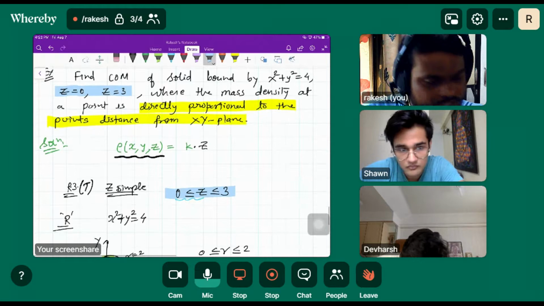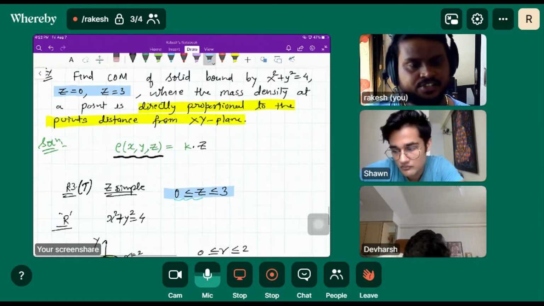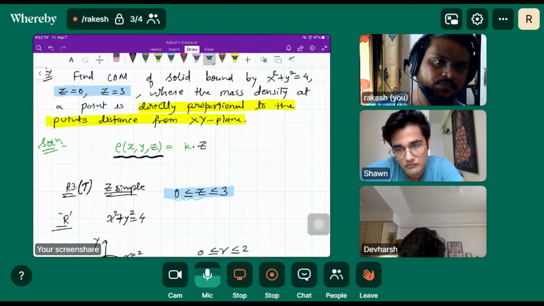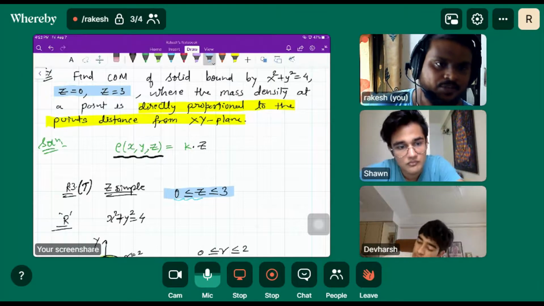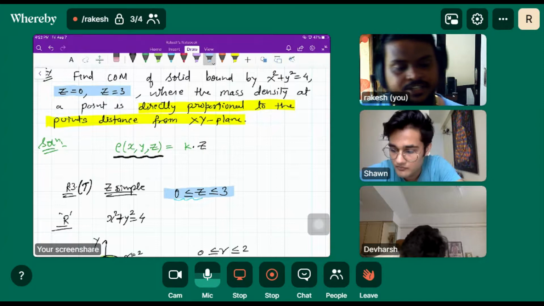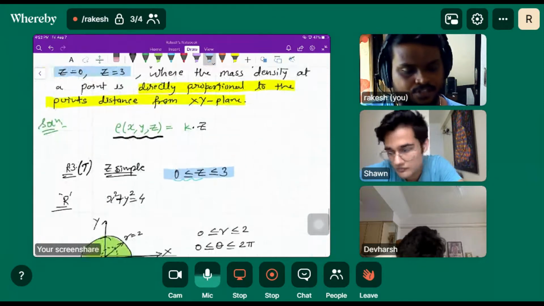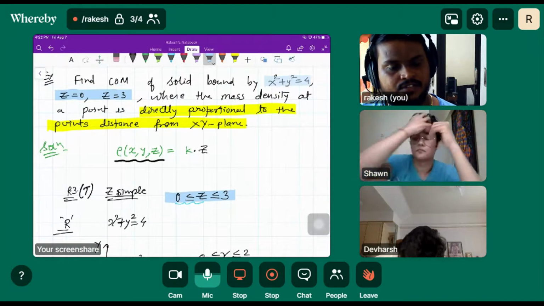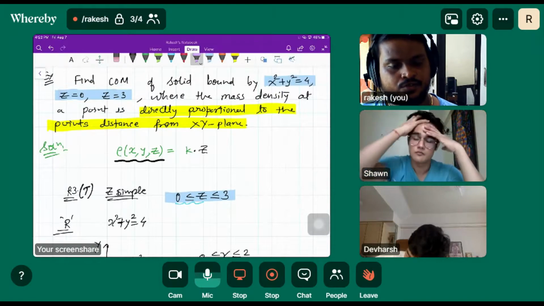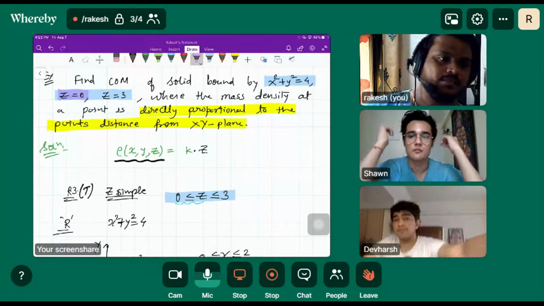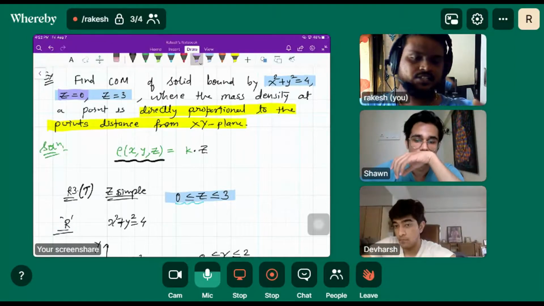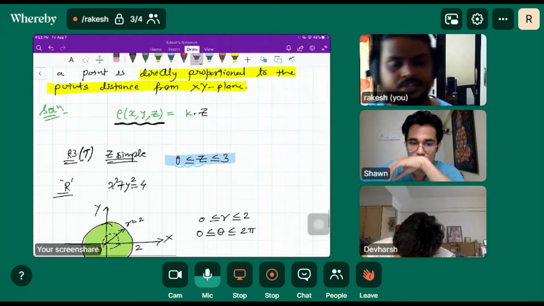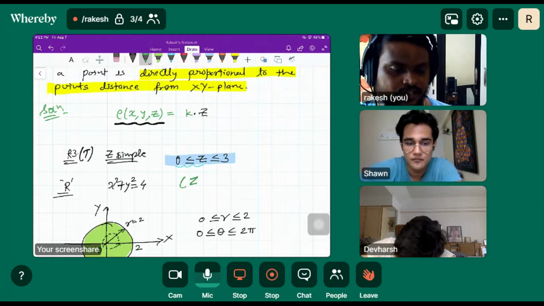Now the next step is we have to draw the region R, and our region will be in the xy plane because we have selected z simple. So the region is in the xy plane. To draw the region, we'll find out the intersection of this and z is equal to 0. So there is no z. Basically, the intersection is just x square plus y square is equal to 4, right?